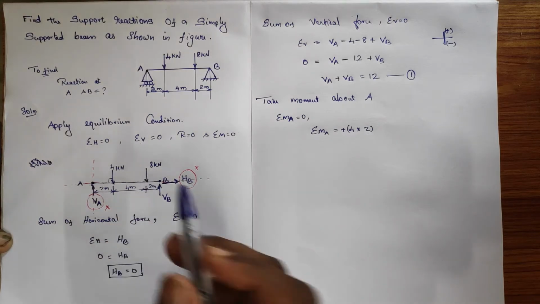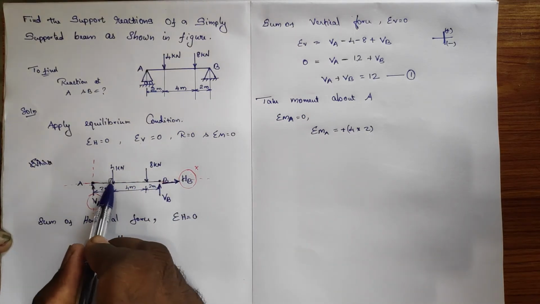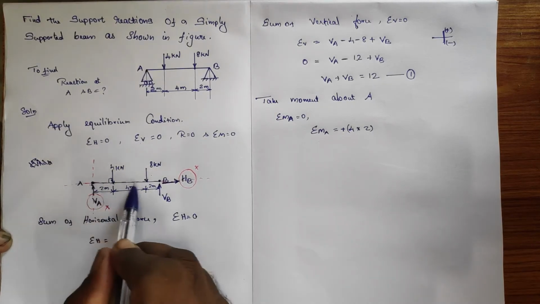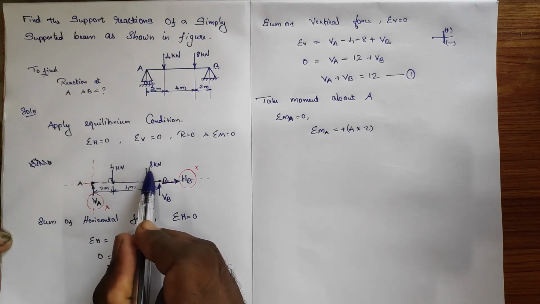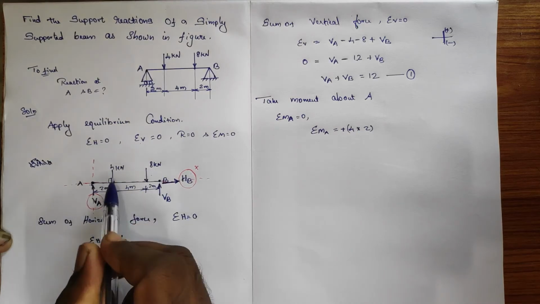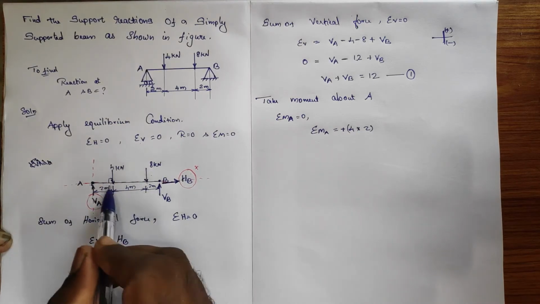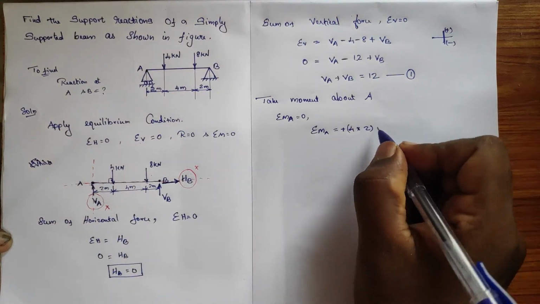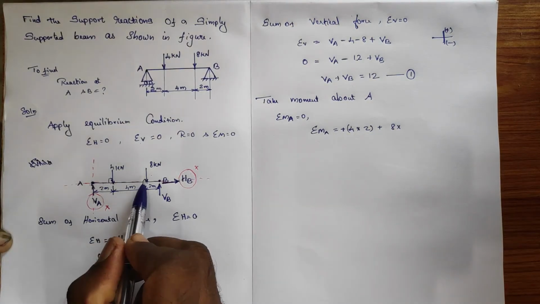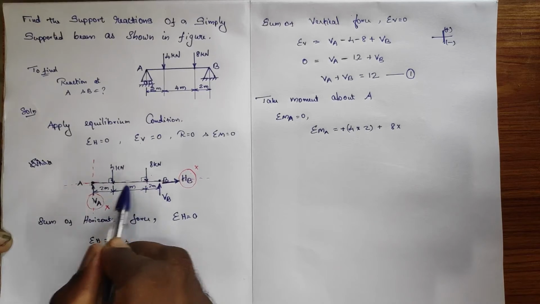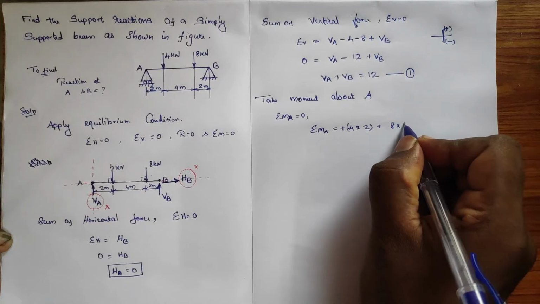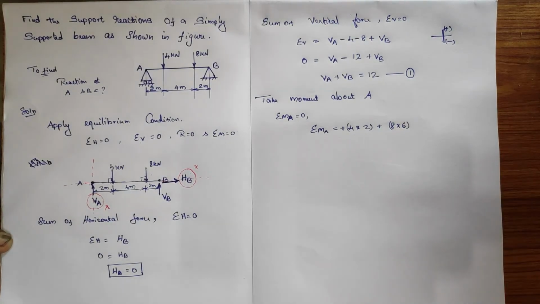And then move to the second force, the 8 kilonewton force, which is also in the same direction. Which direction will the beam rotate because of this force? It is similar to the 4 kilonewton force, right? So it's a clockwise direction, so I'm going to take it as positive. So 8 into its perpendicular distance about A. This is the distance we need to add: 2 plus 4 we get 6. So this is the answer.